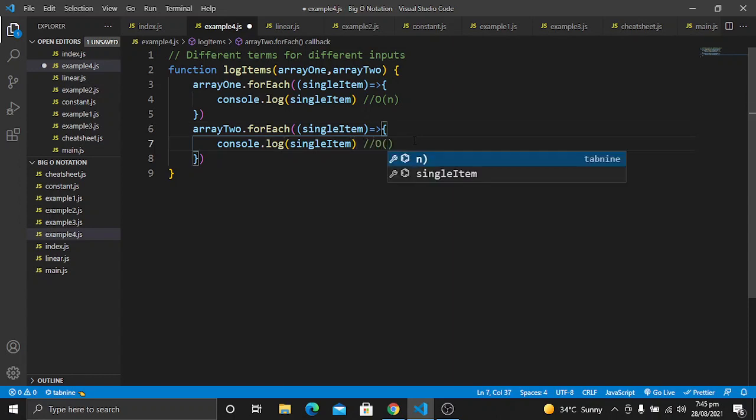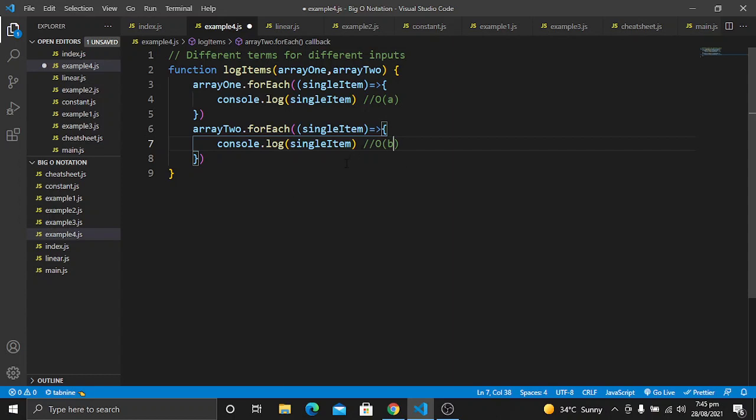Now our rule says different terms for different inputs. For example, array1 is a different input, array2 is a different input. So we can't use the same term for these inputs. We can use a for one input, b for the other.